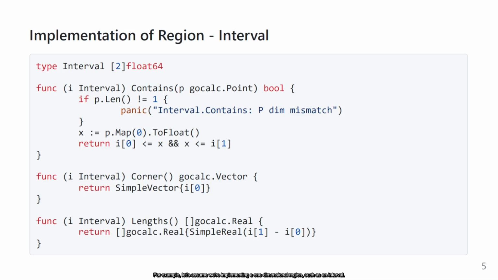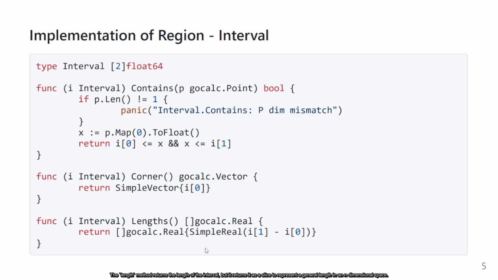For example, let's assume we're implementing a one-dimensional region such as an interval. An interval is defined by a starting point and an endpoint, which we call an interval. This interval must have a contains method, which checks if the dimension of the input point is 1 and whether it lies within the interval. The corner method indicates the start point of the interval and returns it as a vector. The length method returns the length of an interval, but it returns it as a slice to represent general lengths in